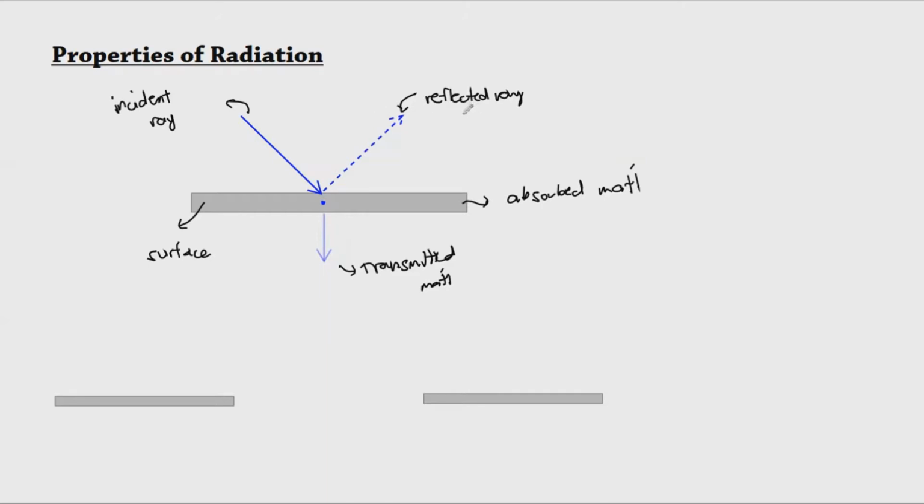If we represent the reflected ray as rho, the transmitted ray as tau, and the absorbed ray as alpha, then by the nature of, not a material balance, but if we balance the fractions of the rays here, we could see that if we add the reflected ray with the absorbed ray and the transmitted ray, then this fraction would of course equal 1, since they are all fractions from the incident ray. So this is one of the properties of